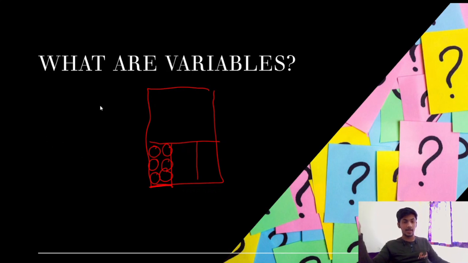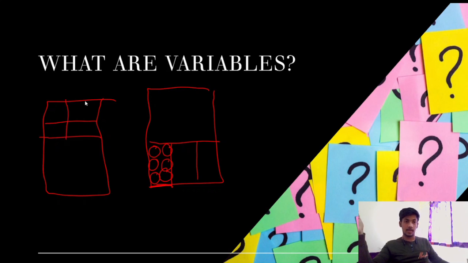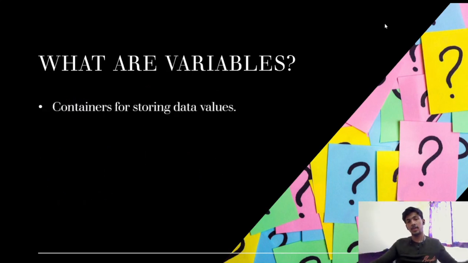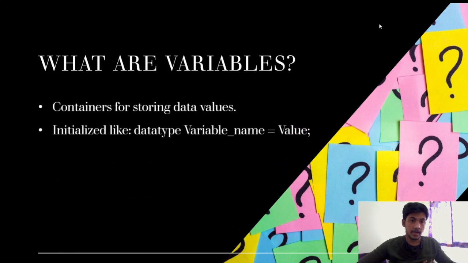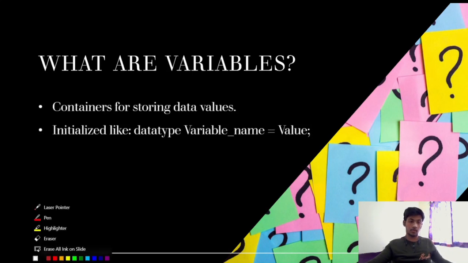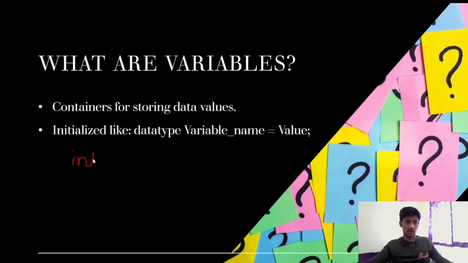Similarly, in our memory we have a type of containers, and we can store anything in those. We can store any values in those. So these are called variables. As we just saw, variables are containers for storing data values. They are initialized like: data type, variable name, and equal to whatever value we want to store in them. So with an example we can see,